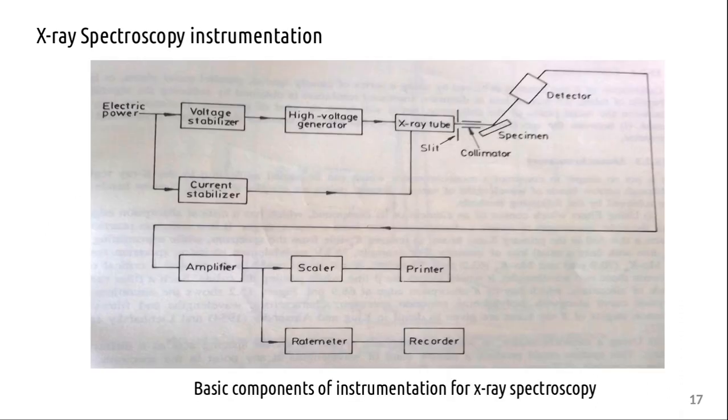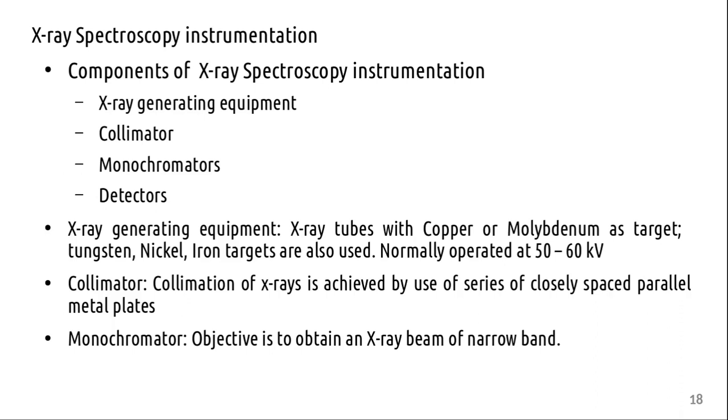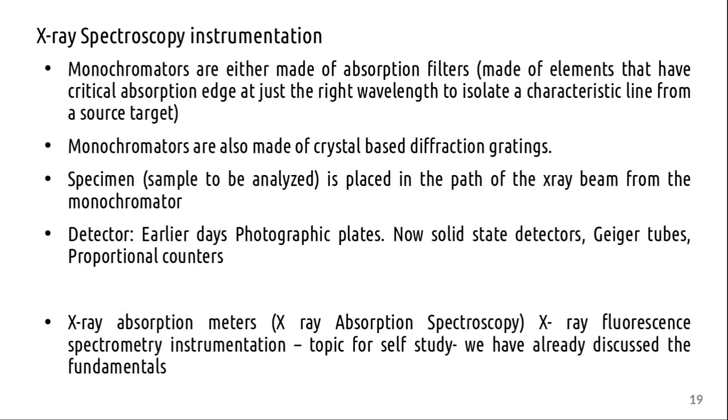And then there is a monochromator. The monochromator arrangement is to get a narrow beam of X-rays. You can read the details from standard sources or references. So this is basically the X-ray